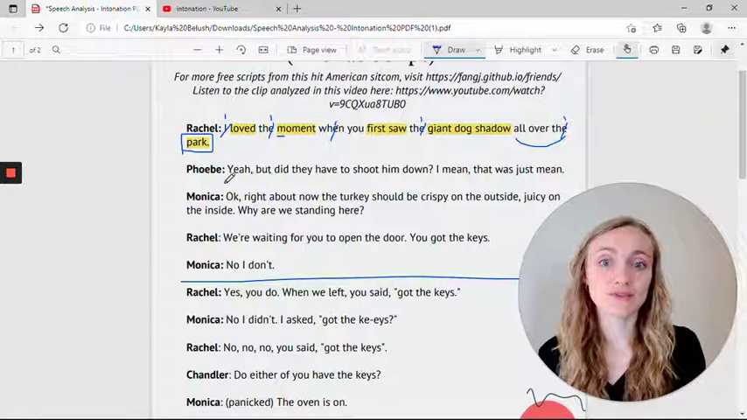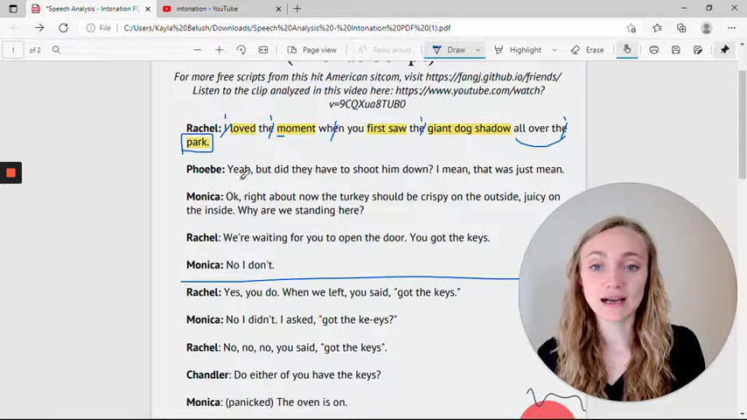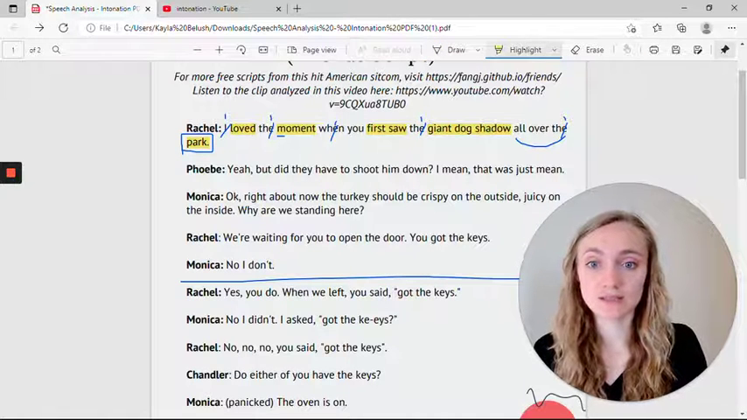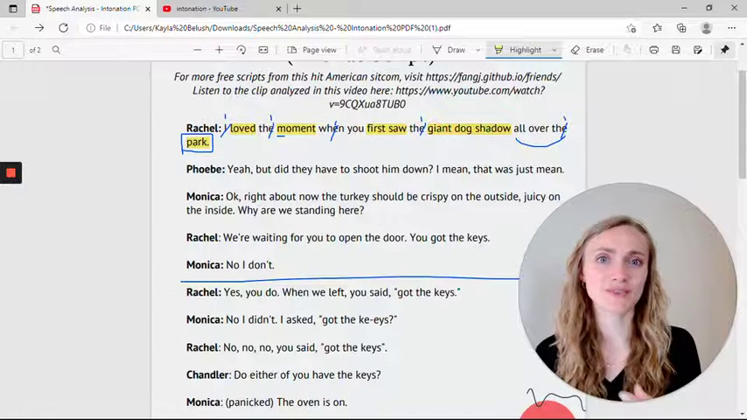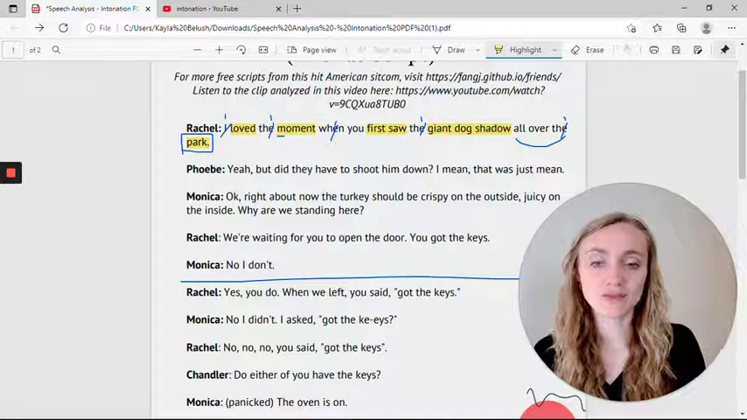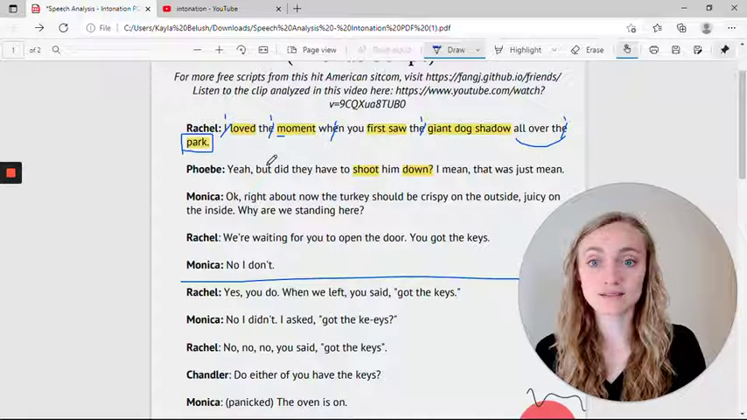Next part, we're gonna analyze Phoebe's line. Yeah, but did they have to shoot him down? Okay, so we're gonna look for our content words. But did they have to, so all of these are pretty much function words, right? She's just sort of structuring the question, but did they have to shoot him down, to shoot down as a verb, okay? Our function words, it's like everything else, but, with a quick schwa, did they have to,